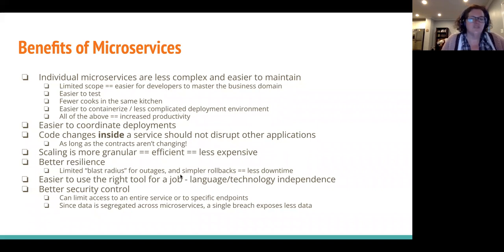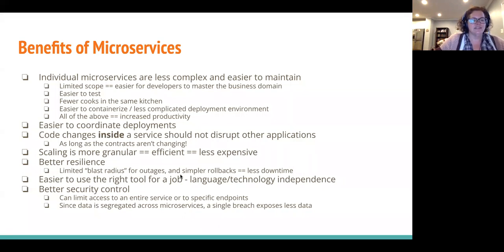And you can have each service just as scaled up as it needs to be to handle the load that it's getting. And that's just cheaper in terms of money than it is to have one big application that you just have to keep scaling up and up and up to meet the needs of one particularly chatty business function within it.